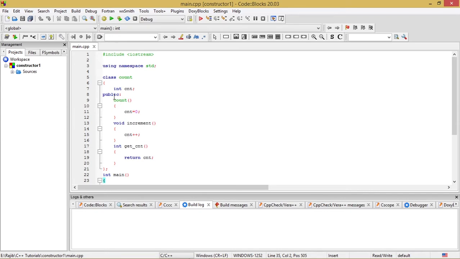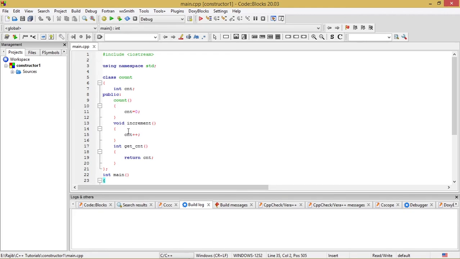After that, in the public section, under the public visibility modifier or access specifier, I have defined three functions inside the class body itself, because the functions are very small in terms of lines of code, and that's why I have not defined them outside the class. The first function is count, which strikingly has the same name as the class name and no return type associated with it. So definitely this should be the constructor, because a constructor has the same name as the class name and has no return type. So this is the constructor function.